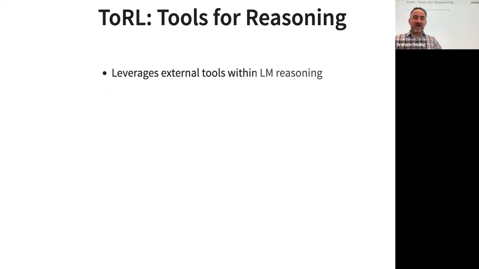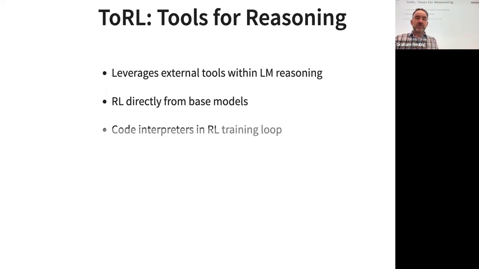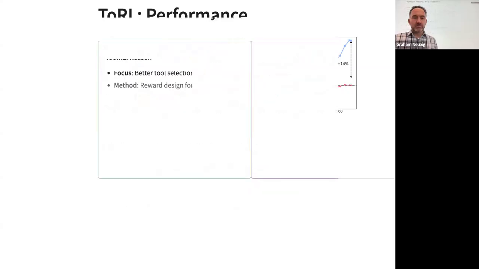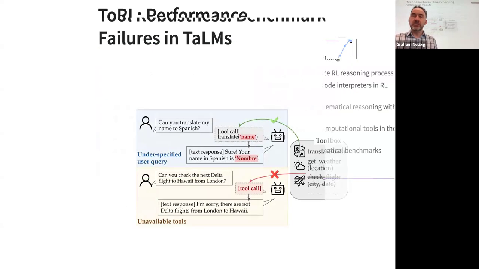And so we talked about reasoning for tool use. And so of course we have tool use for reasoning as well. So this is the opposite one. And so basically it's leveraging external tools within LLM reasoning. They do RL directly from base models and add code interpreters within the RL training loop. And they demonstrate that if they do this, they get much better results, and the model is able to maintain those results even after you train a reasoning model. Cool. Yeah, I have some contrast here, but maybe I'll skip it